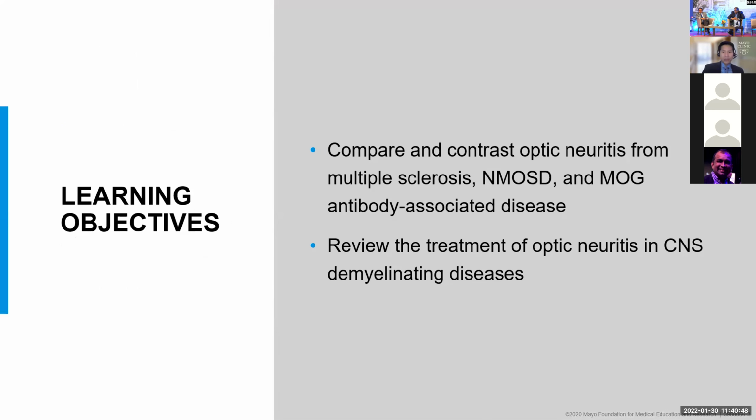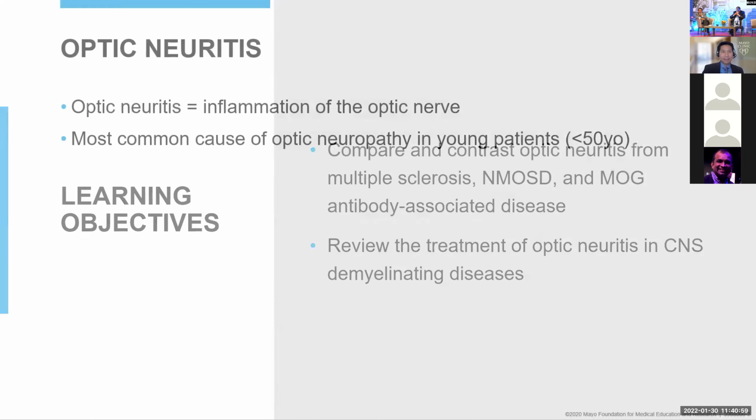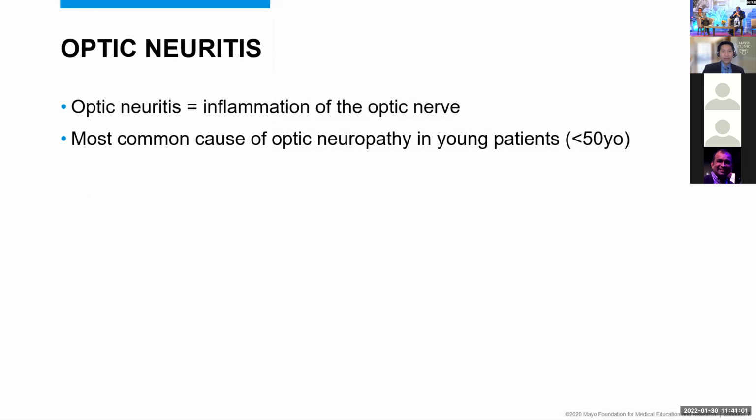We're going to compare and contrast optic neuritis from multiple sclerosis, NMO spectrum disorder, and MOGAD. And we're going to review the treatment of optic neuritis in these CNS demyelinating diseases. So just as a background, I'm sure all of you know, optic neuritis is an inflammation of the optic nerve,